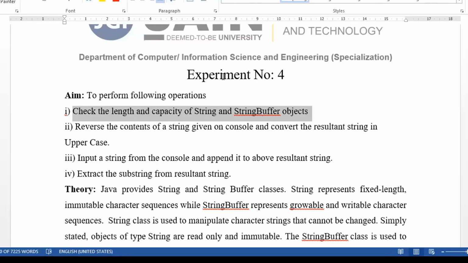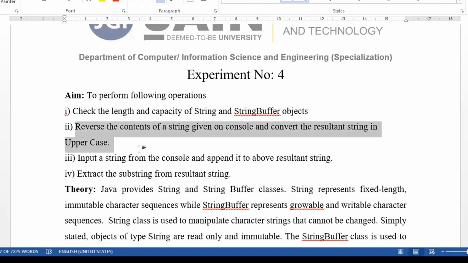So the second operation says: reverse the contents of a string given on the console and convert the resultant string to uppercase. That means you have to read an input from the user. Whatever input you have read, you need to reverse it, and after reversing it, convert it to uppercase.